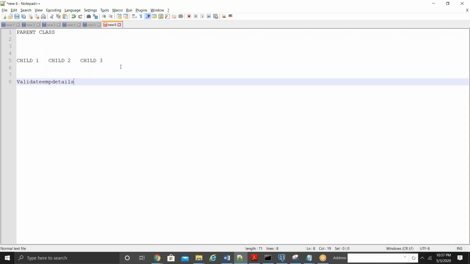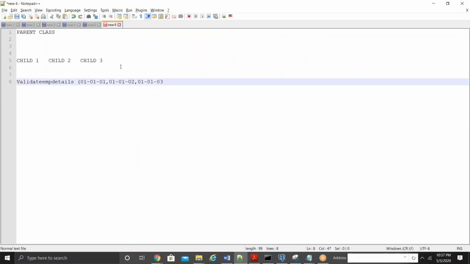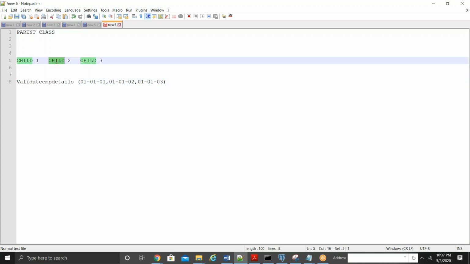It was lying only in child 1. It was lying in different versions of child 1. It was lying in 010101 and 010102 and also in 0103. Now, as a part of new requirement, the client said that, hey, this has to be done in child 2 class and child 3 class as well.